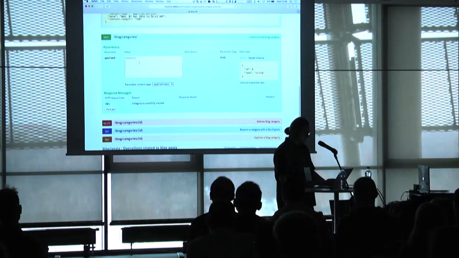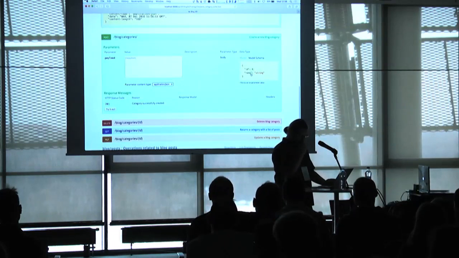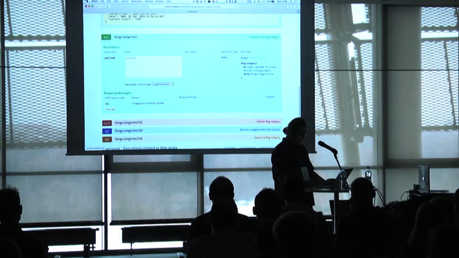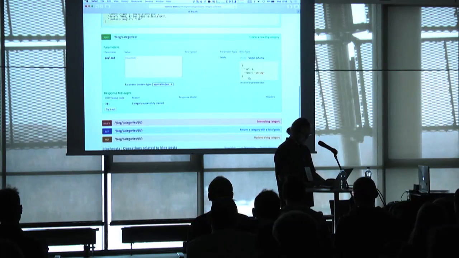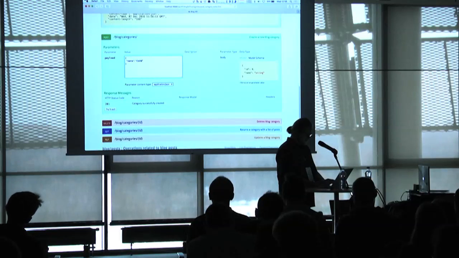So I go to the post endpoint, I see what the model I should specify is with a description of every field. I can even have a little example here of what the properly formatted JSON would look like. I can click there to enter it. I don't really need to provide an ID, so I will remove that. I will write something.